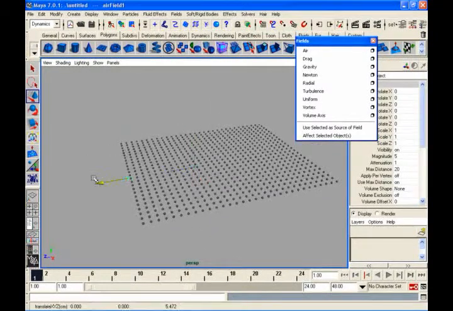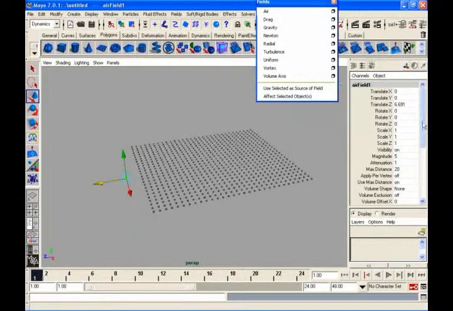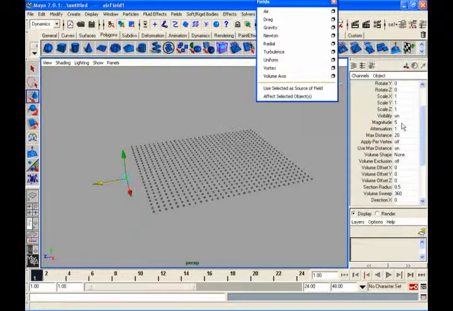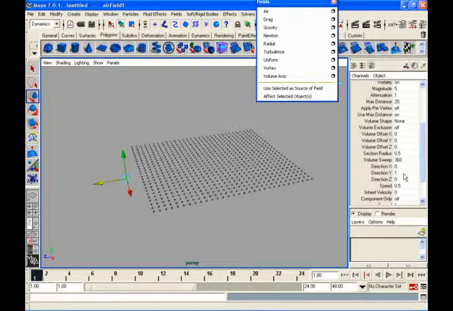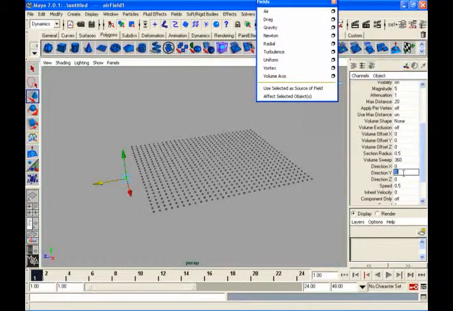That will just push your particles. So let me see the attributes. The first attribute is your magnitude. Magnitude means energy, how much energy it is pushing your particles with. Presently, because the direction is in Y, it is not influencing. Let me change it to Z direction, with a minus value. Okay. So it will start pushing my particles.